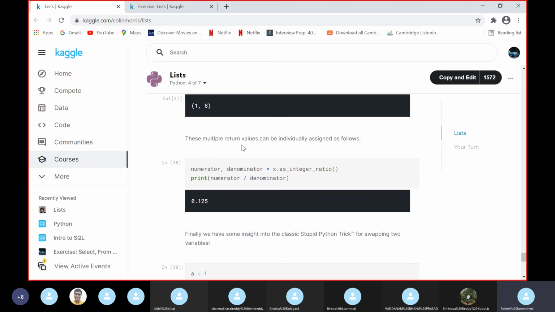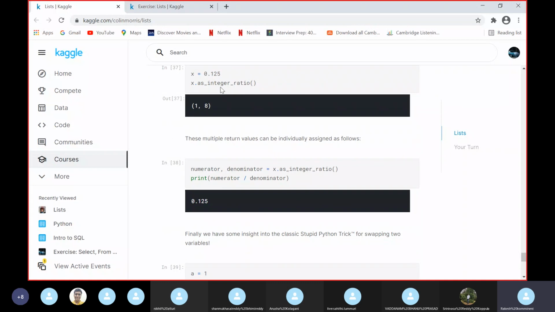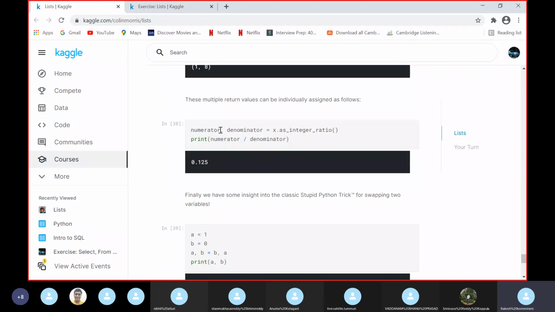These multiple return values can be individually assigned as follows. And here this is the reciprocal of that first one, giving the numerator and denominator, and calling this